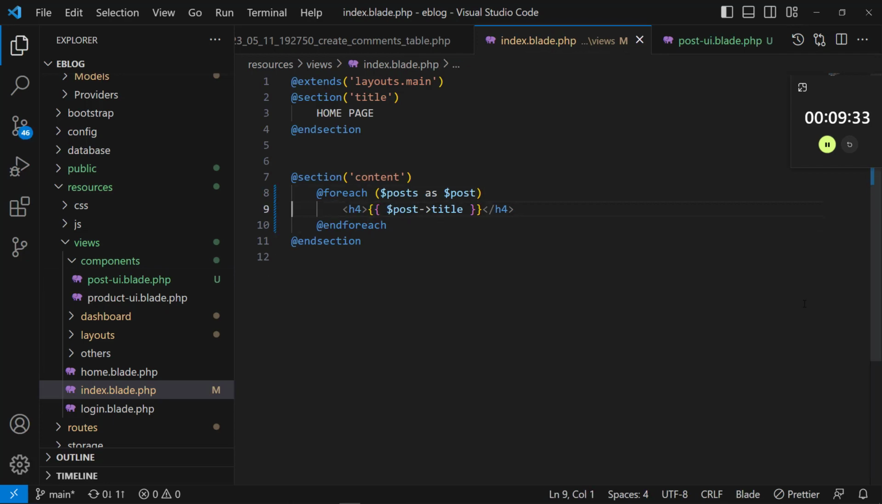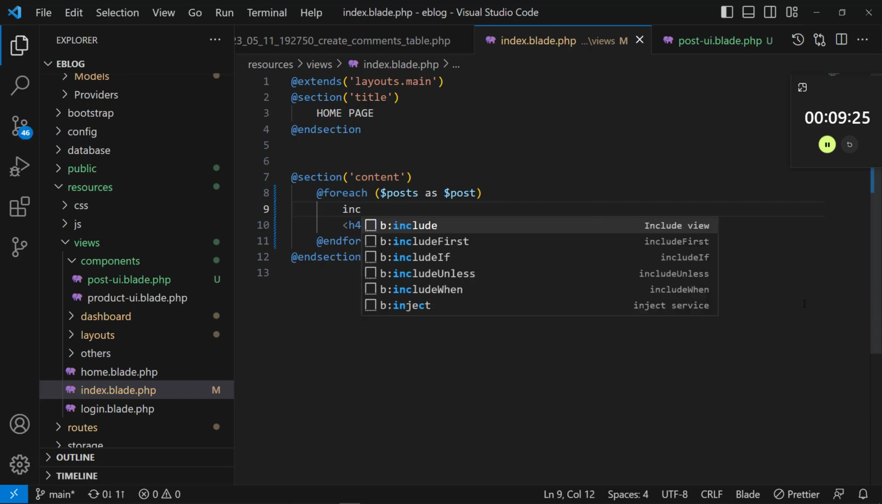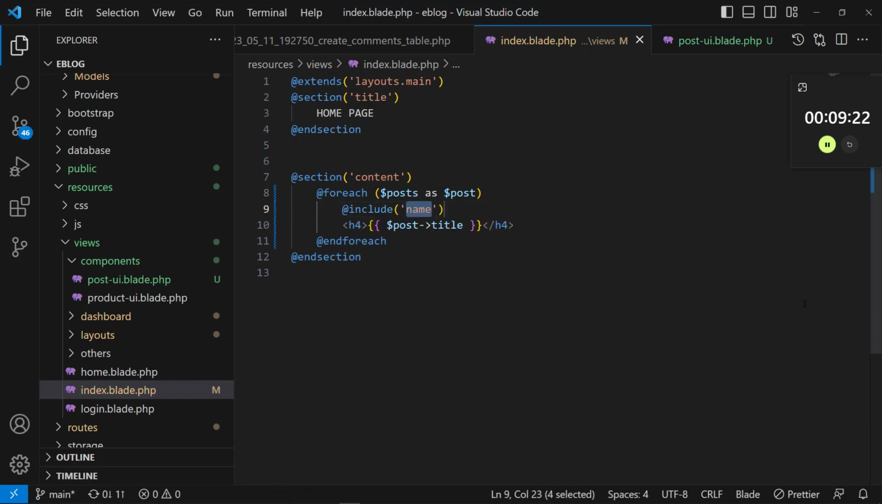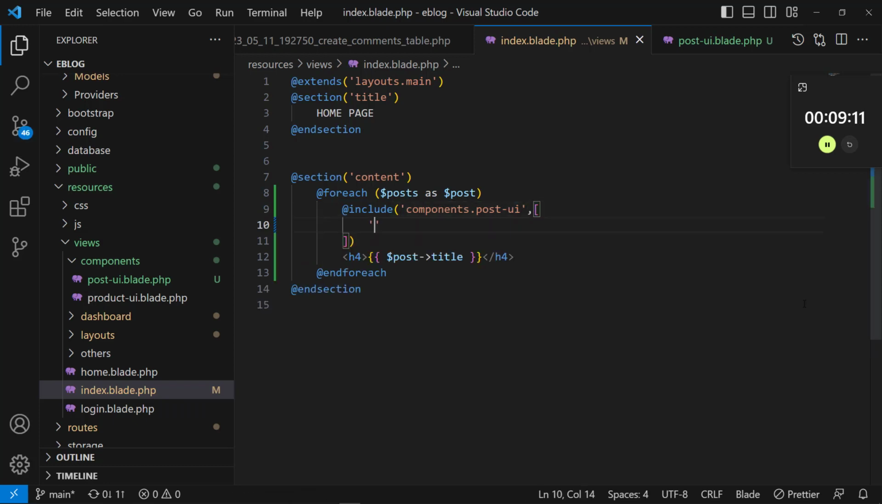So I can come here and say include. I think we already covered these things, so now you can implement it. So I say include, and then you say components dot post. So you give it the post itself by passing the data, okay, post like this. The advantage here is you can reuse this included file at any time, at any point, like this. So if I come here to post UI,